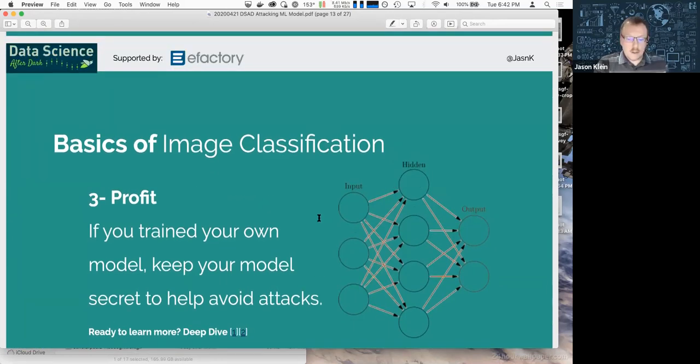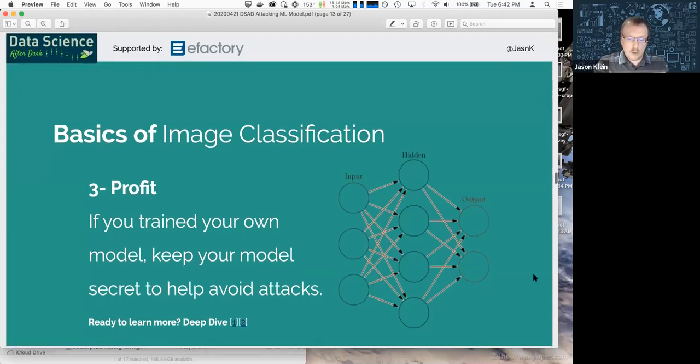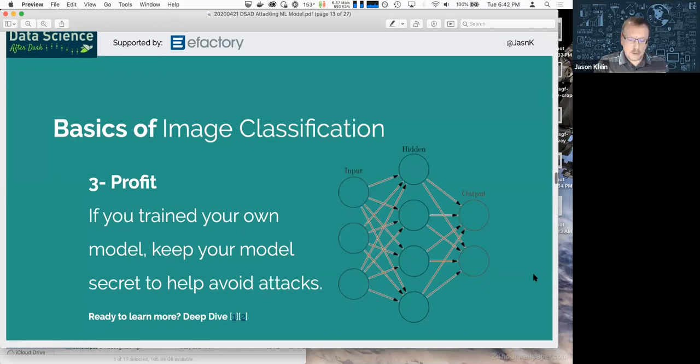But the best bet is to keep your model secret or private, and perhaps you would have them send a web request to a server that hosts the model, and then the server returns an answer of some sort, rather than deploying the model to the web or to a mobile device.